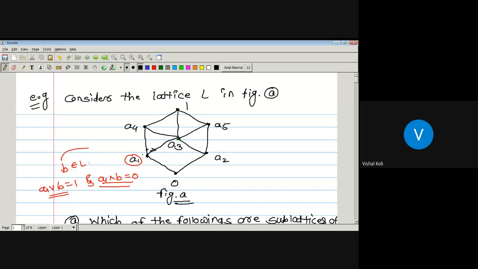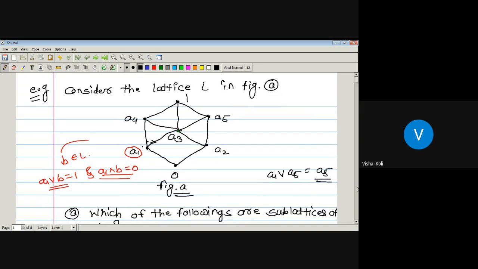A1 join A5 will not be 1. What is the join of A1 and A5? A1 is related to A3, A3 is related to A5, then it is A5. I think somewhere we have some